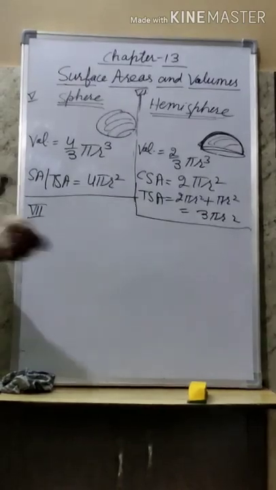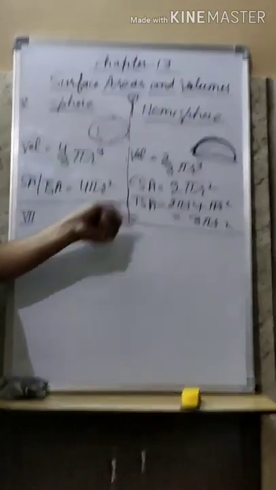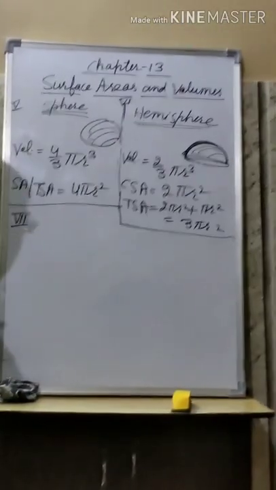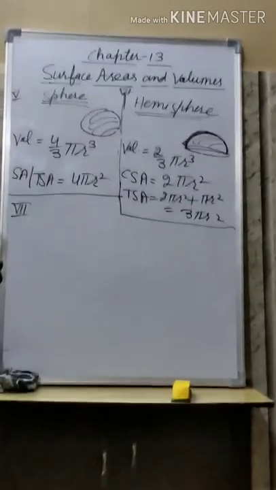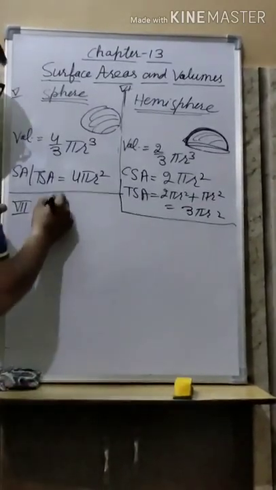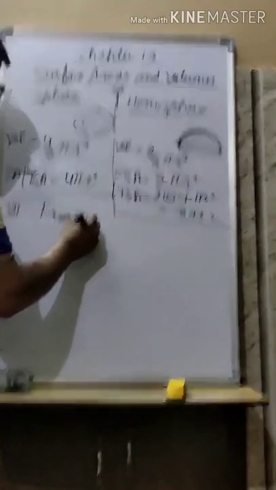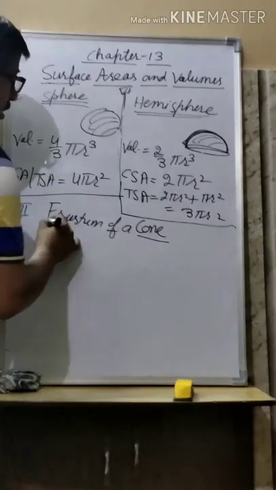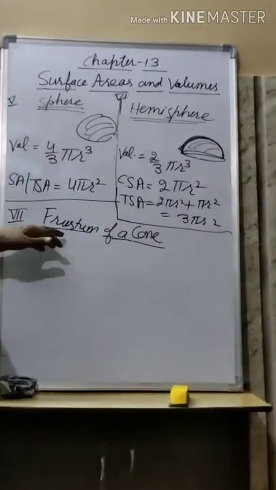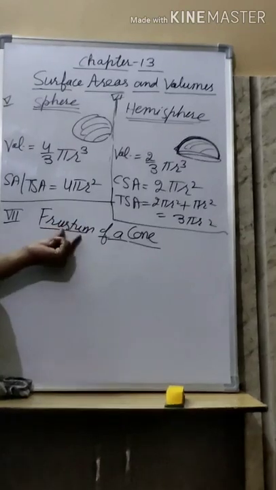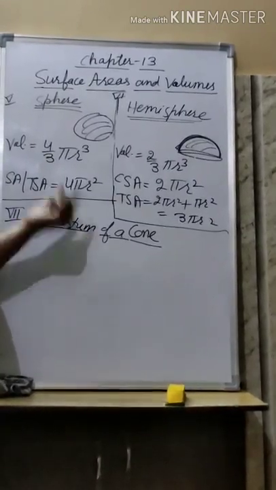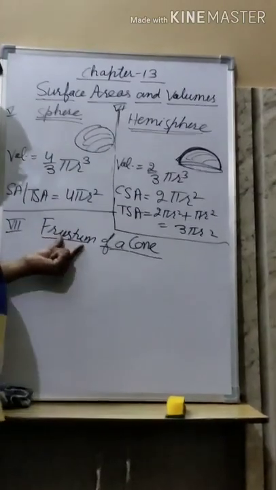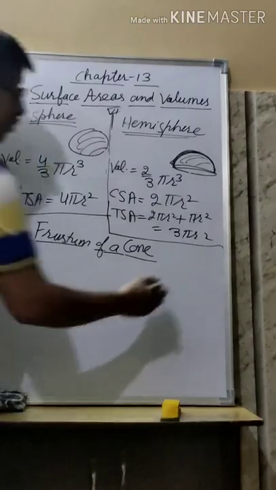Now one more thing, most important. This is a new formula in class 10th. The others we have read already in class 8th and class 9th also. But this last is the frustum of a cone. Frustum of a cone, my dear students: frustum means a cut piece, cut out of any object, that is the name frustum. The dictionary meaning of frustum is a cut piece, a cut out part. So it is called frustum of a cone.